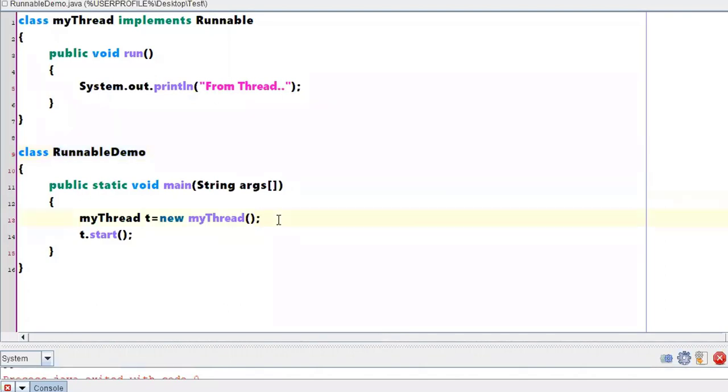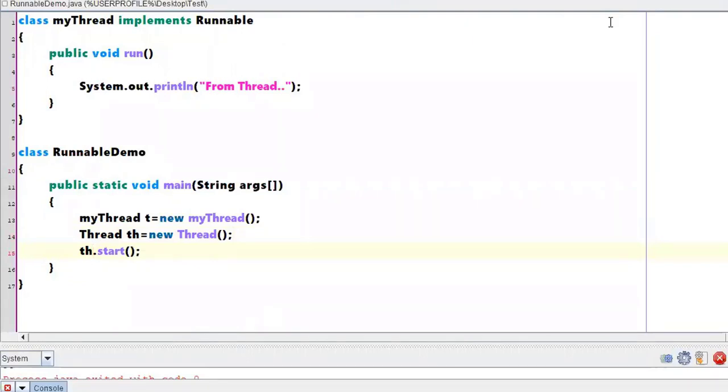Okay, now let me do one thing. Thread, right? I'm creating a thread now. Thread th is equal to new Thread. Is it possible? Can we write something like this? th dot start.